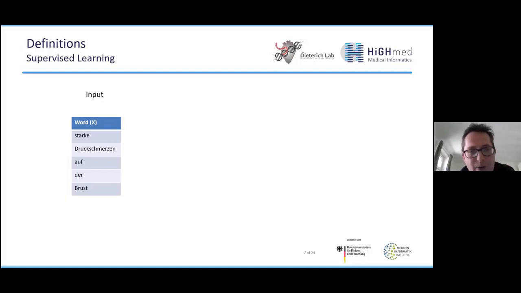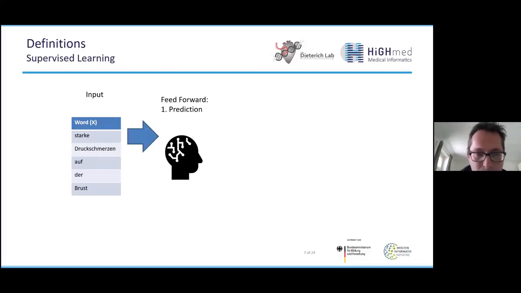And we take this as our input data X, and then we input this into a machine learning model. This is our feed-forward process. So this model is now at the beginning just randomly initialized with some kind of parameters. This doesn't matter, it is not trained before, and we just input that now.